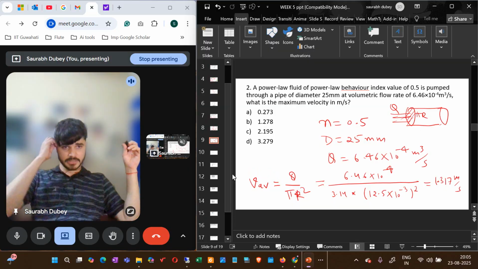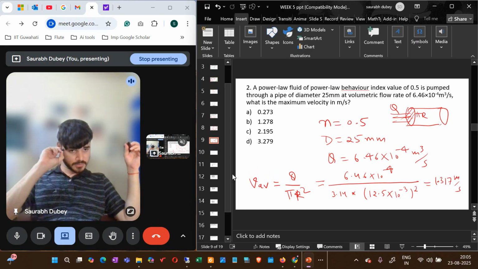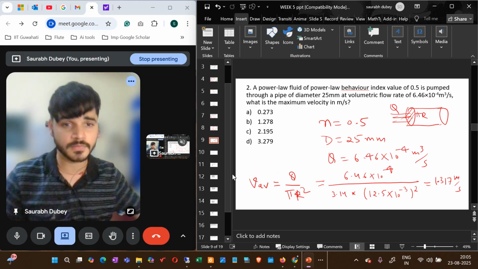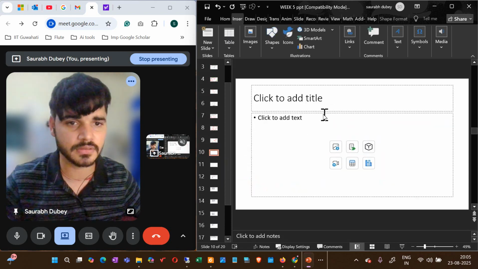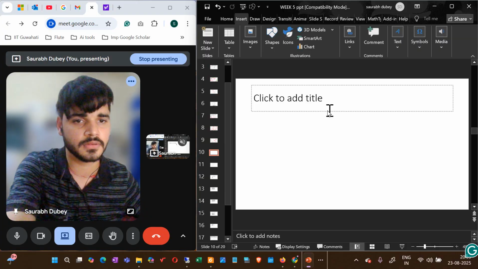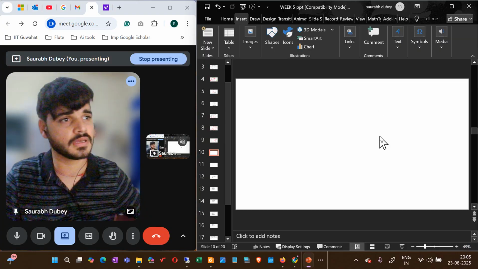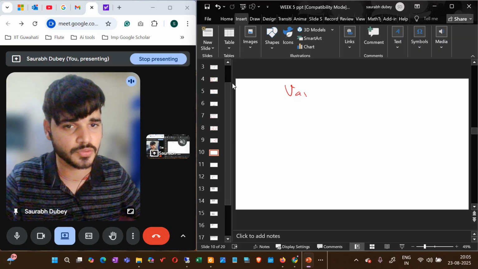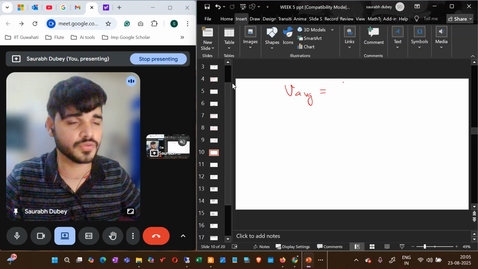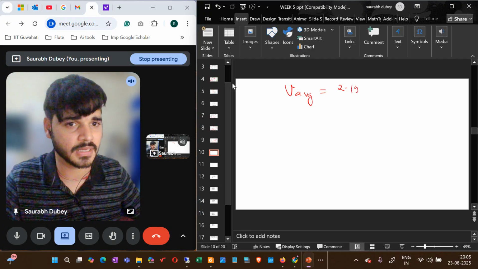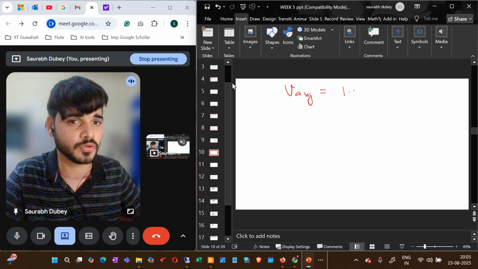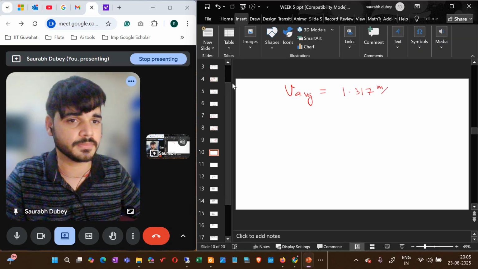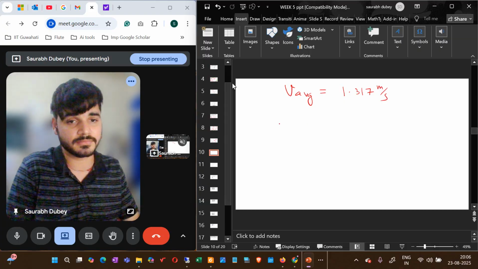And once you did this, 1.317 meter per second value, then what you are going to get is the one that we were waiting for, the V average value. So now the V average value, you know that, V average, you got to know that 1.317 meter per second, right? Now you know that V,